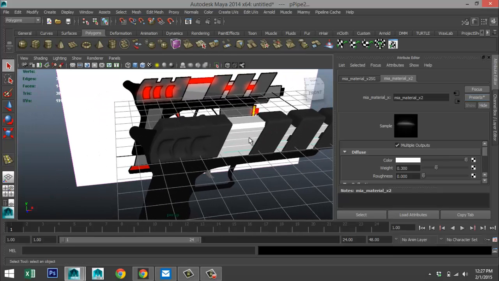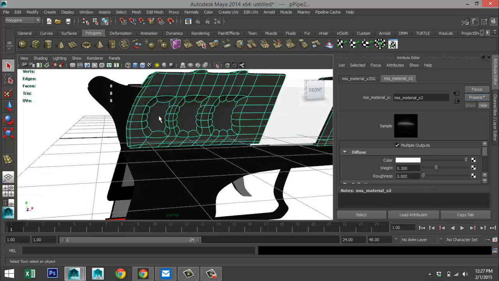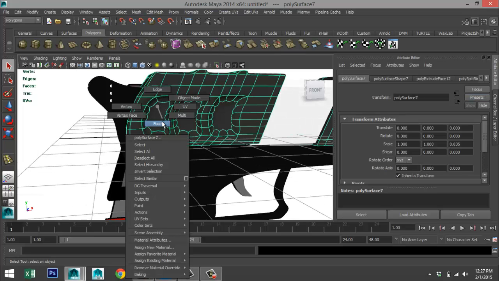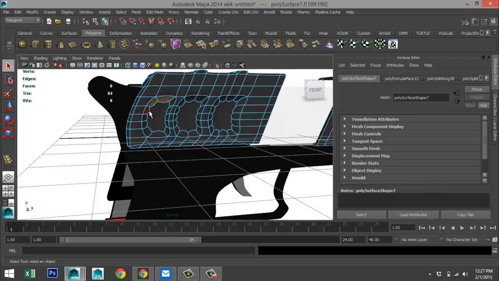Now we have a few red sections to deal with. Right click face. There we go. And repeat that at this end. Here as well.